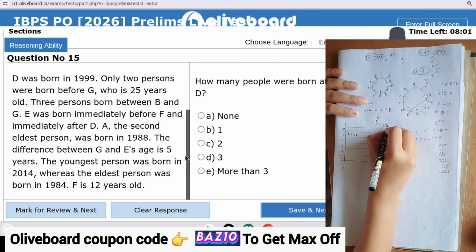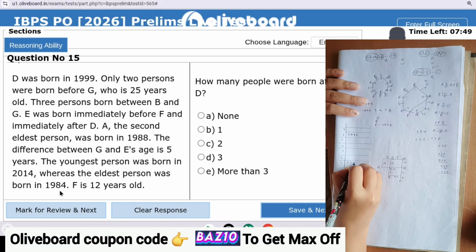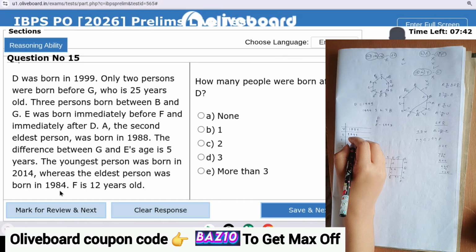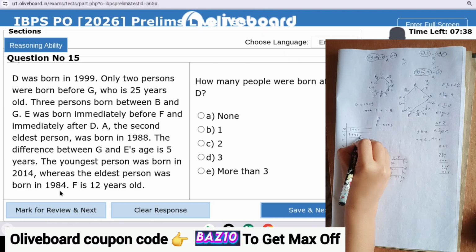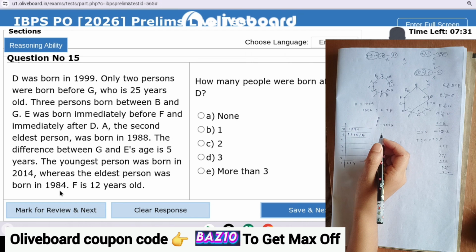তাহলে এই হয়ে যাবে 2009. This eldest person was the youngest person born 2014, 2014 তো. 1984 and A the second eldest person A. The difference between E and G is 5 years this